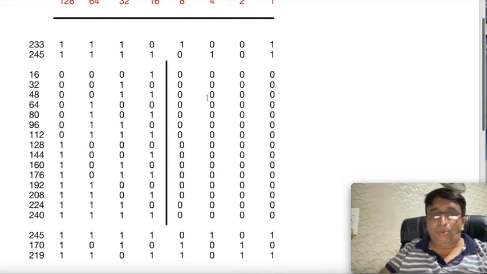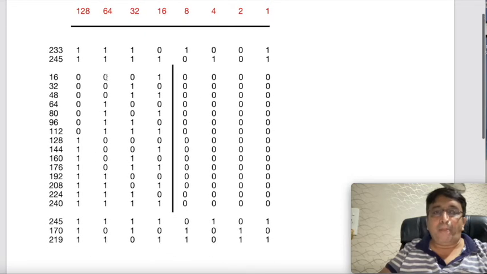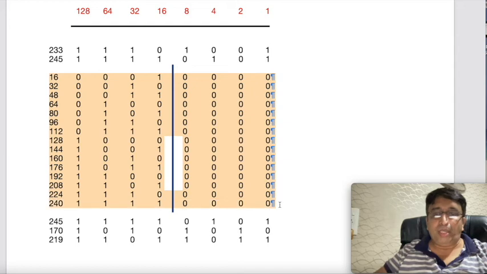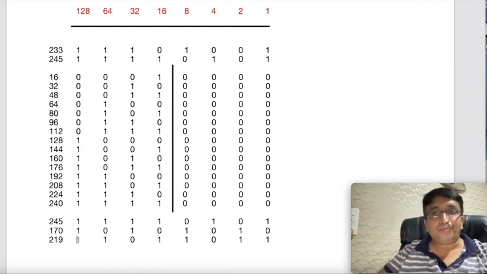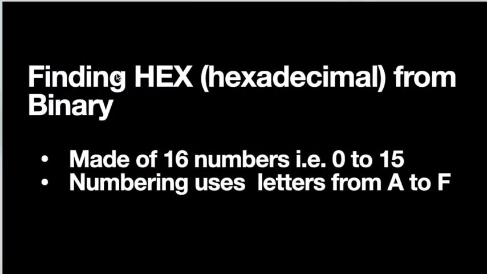So if you can see over here, it's very important to remember multiples of 16. That's going to be your basic requirement. But once you have memorized multiples of 16 up to 240, as you can see, you can find out binaries of all the numbers till 255, that is within 1 byte, very easily. Thank you. So till this point we checked out decimal and how to find out binaries from that.